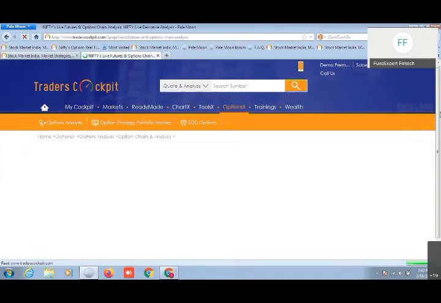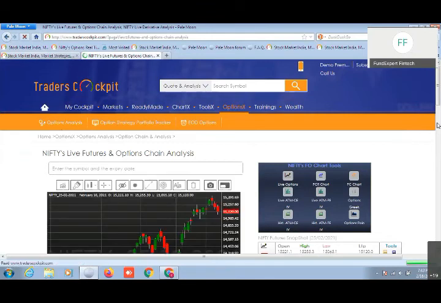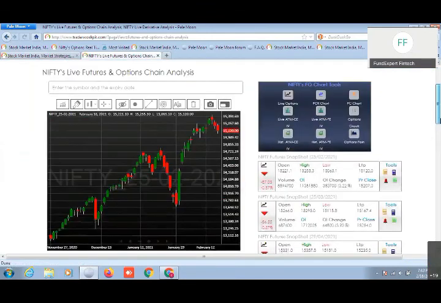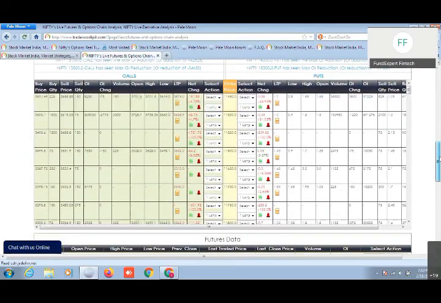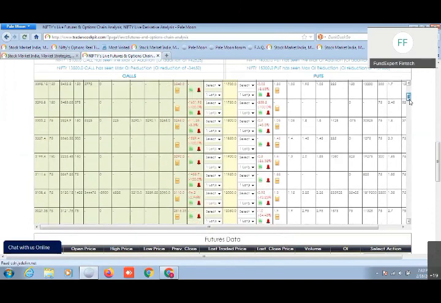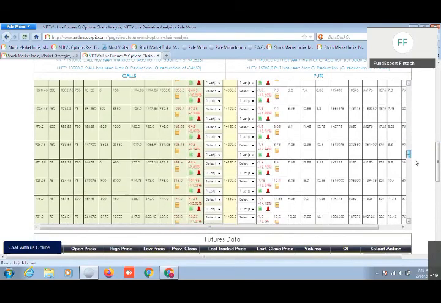But if you want to create your own setup, for example, being an option trader, you saw a bullish trend, and accordingly you want to buy a call option, then downside you'll be able to see this option chain analysis page, where you can select the particular strike price. Suppose you want to buy a call option and you want to analyze what can be the payoff, or what can be the risk level, or what can be the target level. Then you can come to the option chain analysis page here, and if you scroll downside,